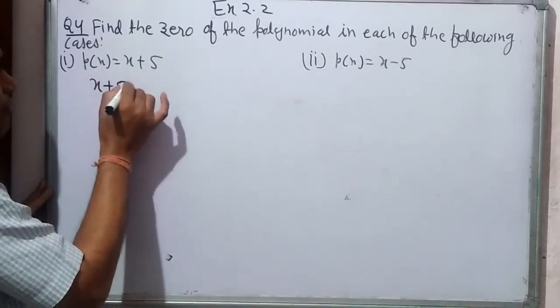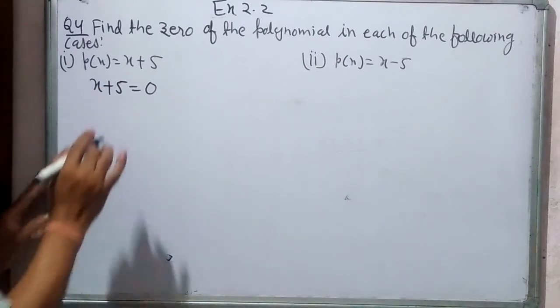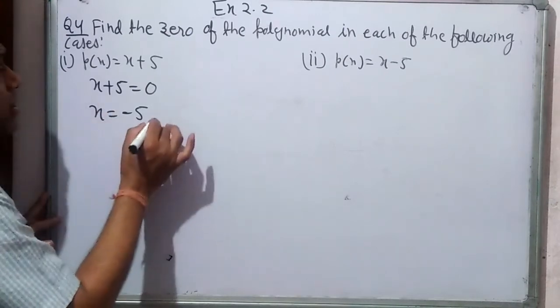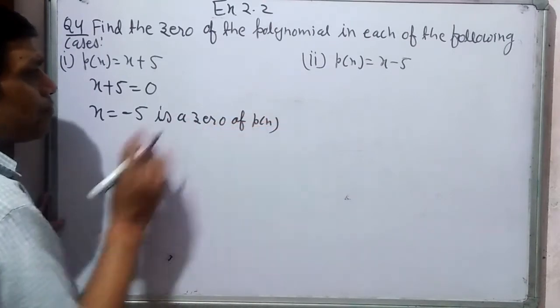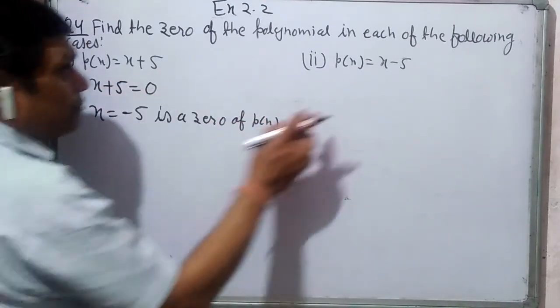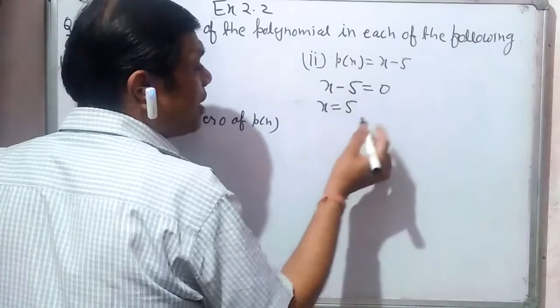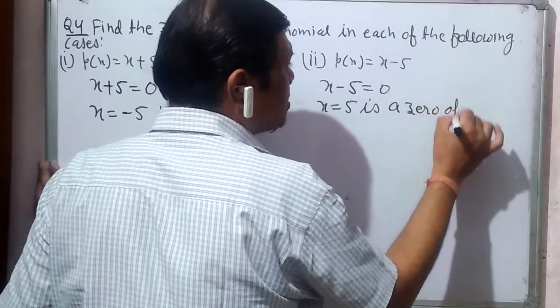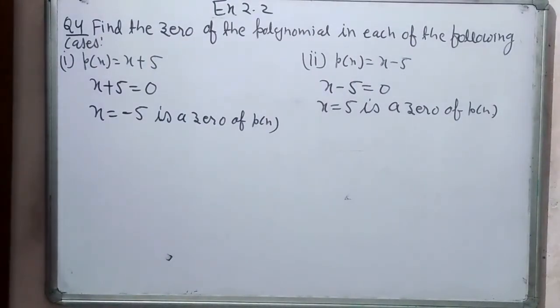That means we are putting x plus 5 equals 0. Will this give us the value of x? Yes. This will give the value of x as minus 5. That means x equals minus 5 is a 0 of p(x). In the second part, we have x minus 5, and we put it equal to 0. So we get x equals 5 is a 0 of this p(x). Whenever we have to find a 0, we will simply put the polynomial equal to 0 and find the value